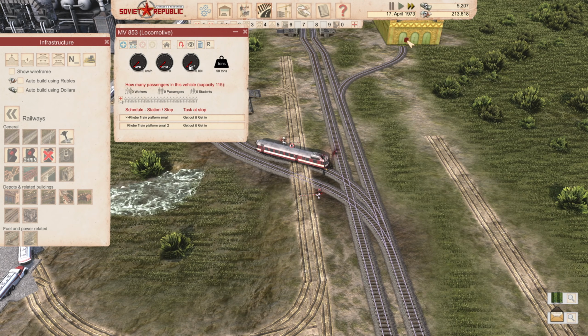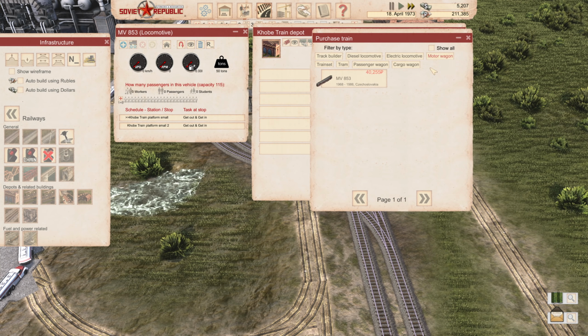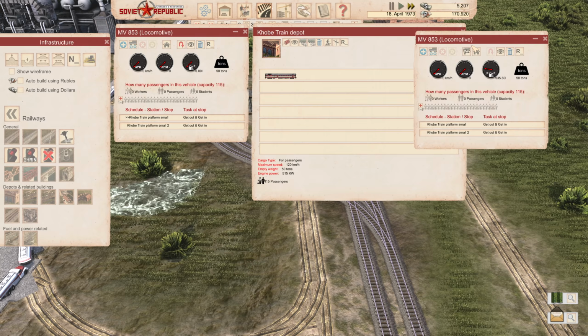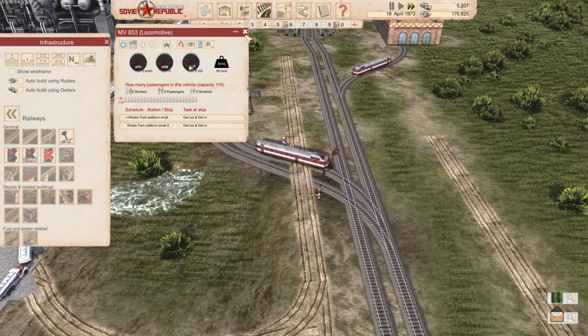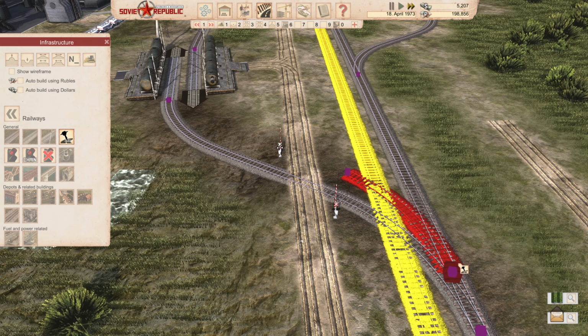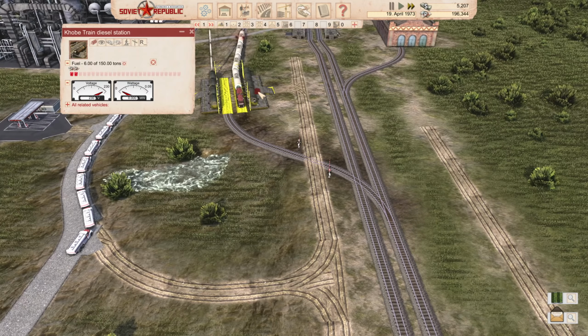Okay, you know what? I'm just sick and tired of this. Give me a... Oh, I can't get a motor wagon. I can't get that exact type. Right. Dispatch. Go. There we go. Okay, and you are getting sold because you're useless. That's right. So now what I've had to do, because the train simply doesn't want to work, we're going to have one...